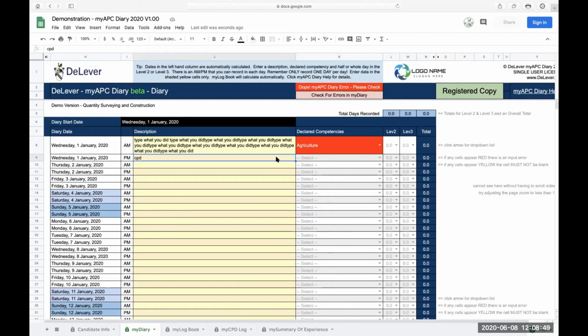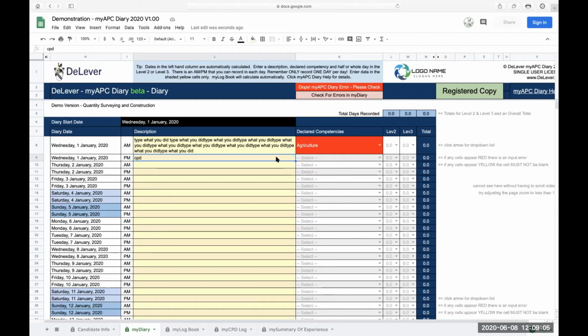So I would just be cautious. Level 1 in my mind is always about knowledge base. So why would you be doing or advising and recording your experience against that? Okay, so certainly you're going to have to write up all the levels in the summary of experience, and don't